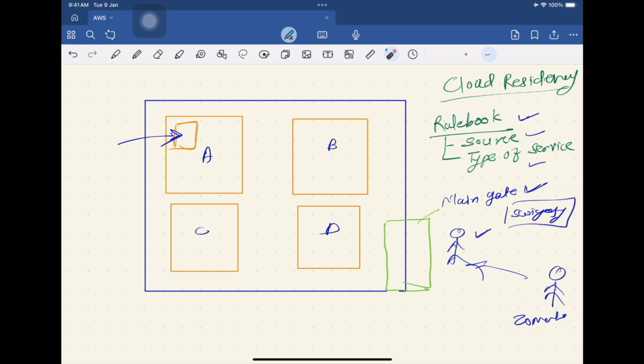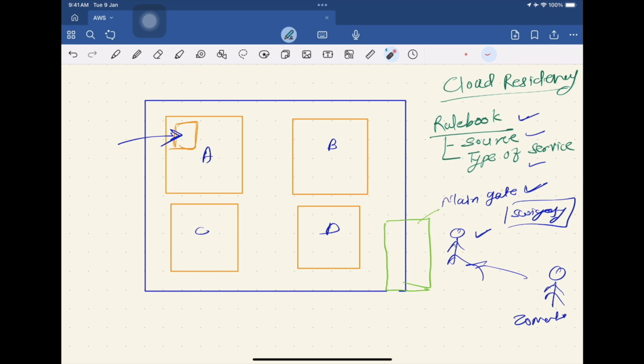So what you would do is update this rule book. You would make an entry for the source that anyone who is going to deliver food at my place is allowed to visit my place, and this rule book is now given to the security guard. Once that rule book is updated, only then will the security guard allow this Zomato person to visit your place. This is exactly how security groups also work in AWS.